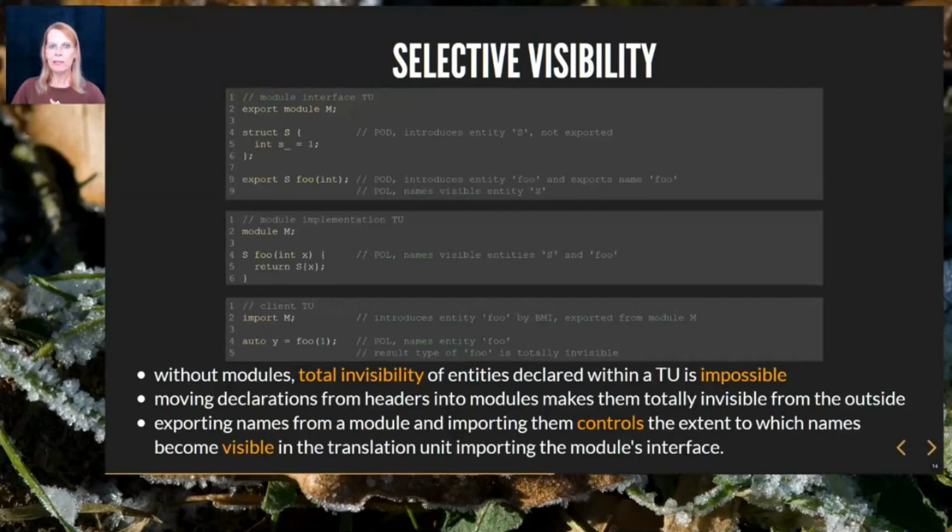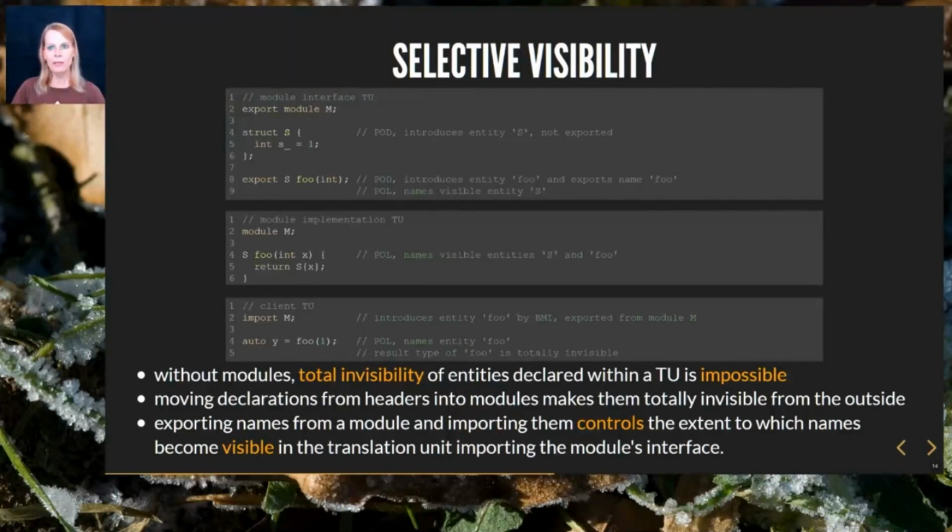If a module translation unit imports a BMI that's compiled from another translation unit of the same module, all names declared in that other translation unit become visible. By importing the BMI, these names are introduced into the translation unit as if they were introduced by compiling the declarations themselves. Marking an entity in the primary module interface as exported, the names of only those exported entities can be introduced into TUs outside of the module.